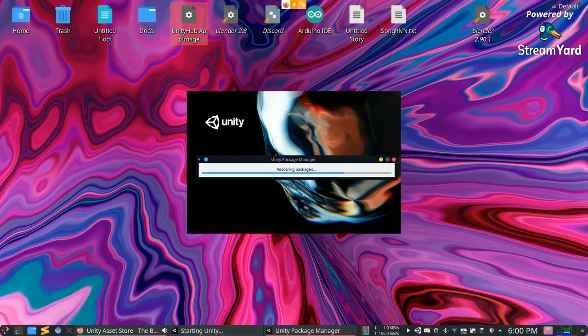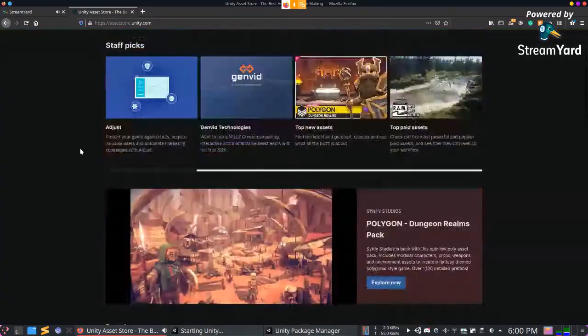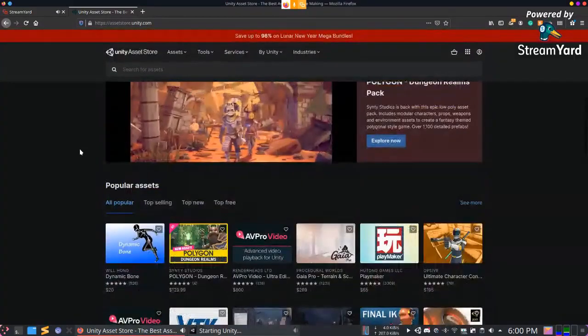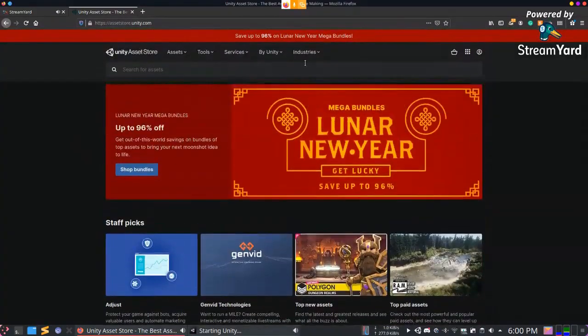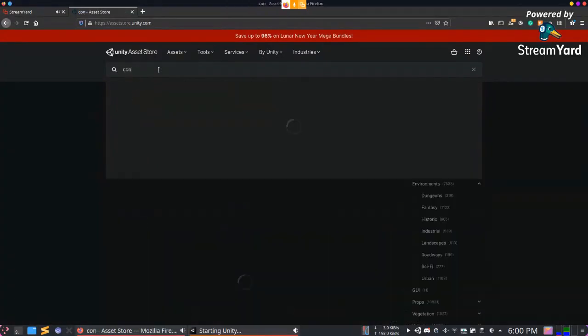While it does that, I'll go through the Unity Asset Store. While making projects, it's not always possible for you to make each and every asset. That is when you use the Asset Store, and in this Asset Store you can find various assets, like, for this one, we will be using a few of these assets, coniferous trees.